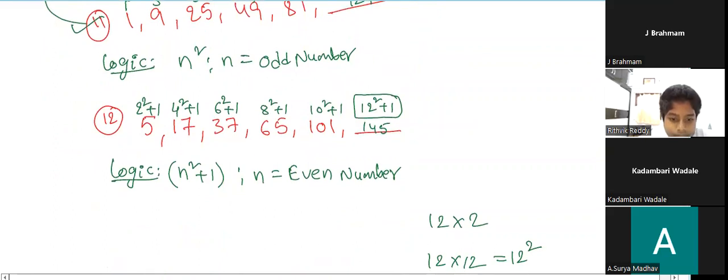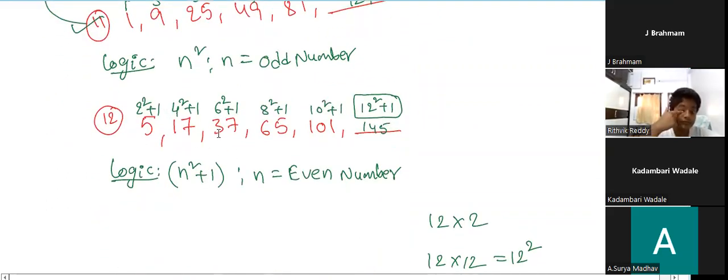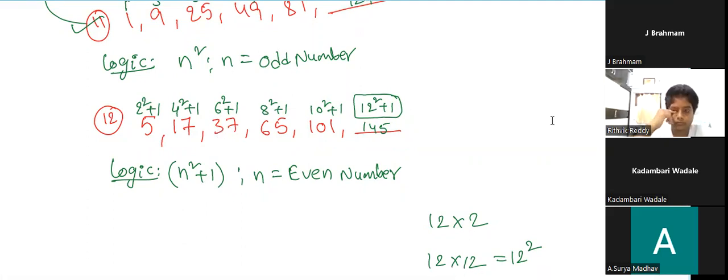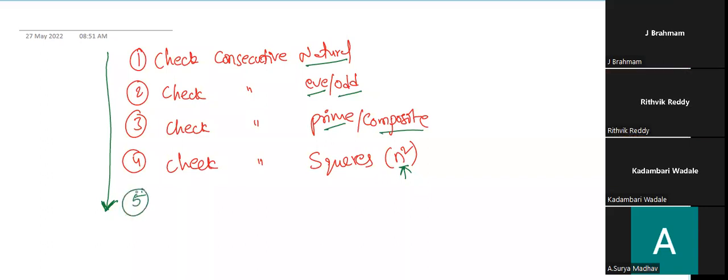What about question number 12? See question number 12. They are not perfect square numbers, but you have to add or subtract something. For that purpose, here I'm adding one more point. Point number 5 is, if they are not perfect square numbers, then check